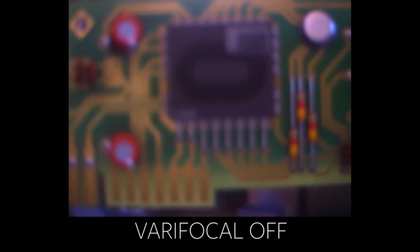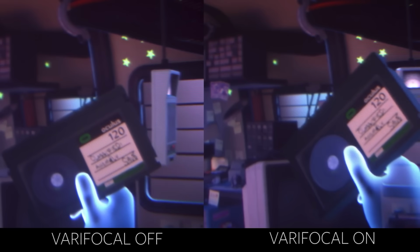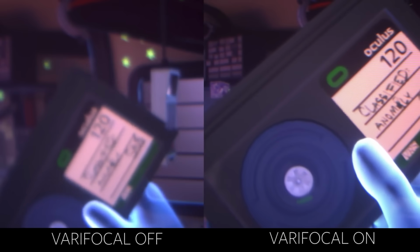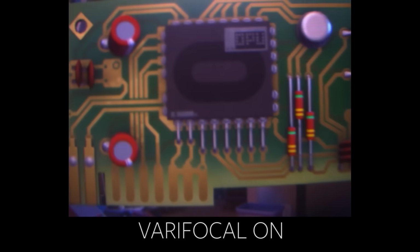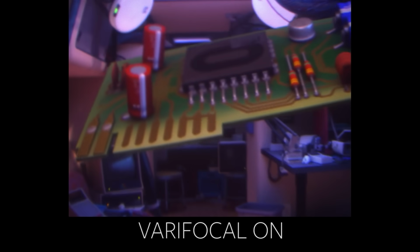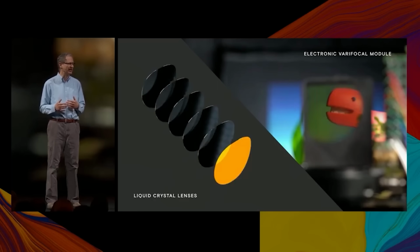And varifocal displays look to solve this by shifting the focal plane depending on what you're looking at, which makes VR look incredibly realistic because it's mimicking that natural blur and focus that we have in reality. It's shifting the focal plane like your eyes would, but of course the screen is still staying the same distance away. And we've seen varifocal prototypes before with the Half Dome 1, 2, and 3,